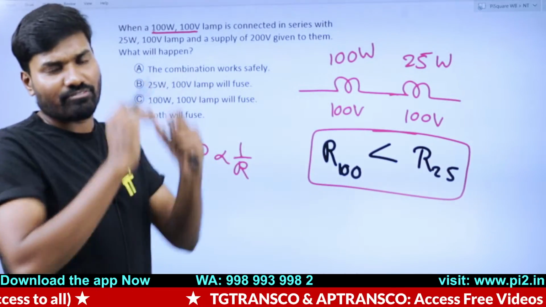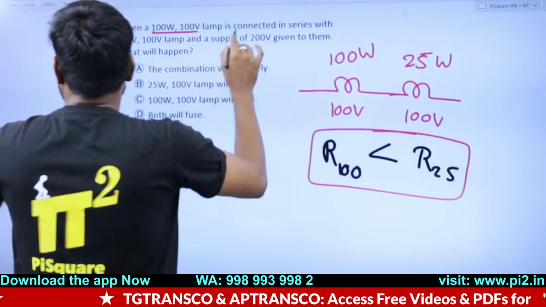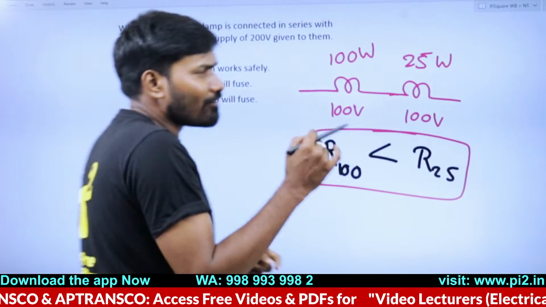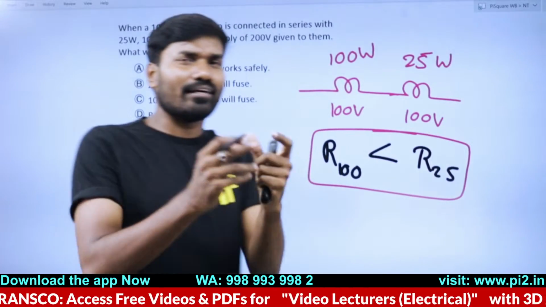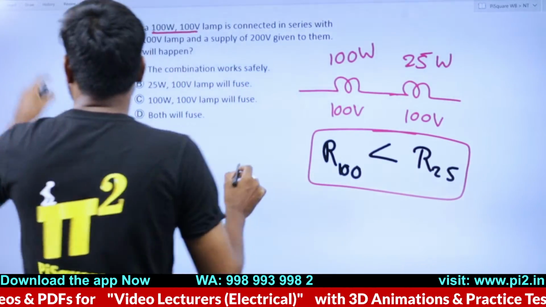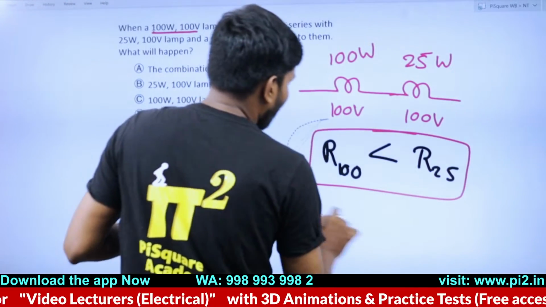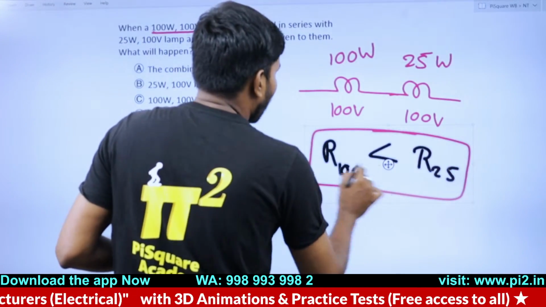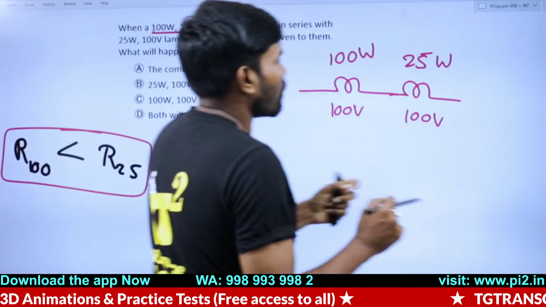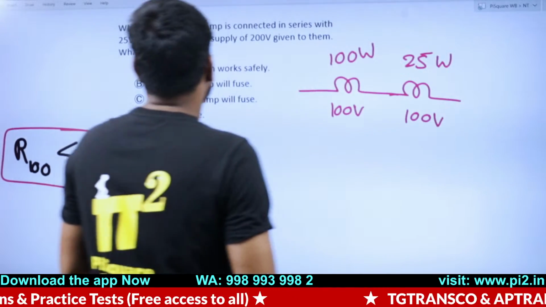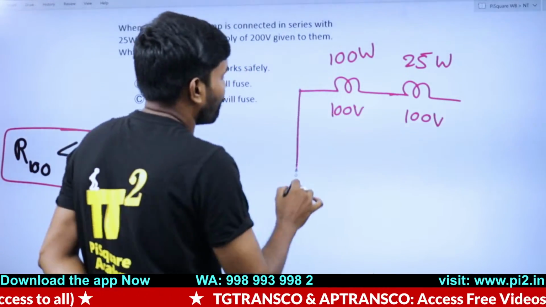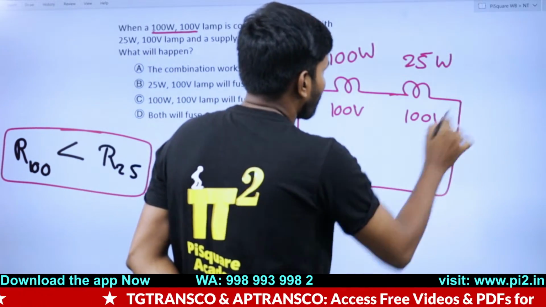This is fixed. Fix this first in your head. Whenever you get this kind of a question, first of all, you don't have to give exact values for the resistance. Relatively, qualitatively, you try to give resistance values of what is what. I have written this. Let me keep this information aside. I have made an observation which is very essential for answering this question in the shortest time. Now what is said? For this series connection, I am applying a 200 volt supply.